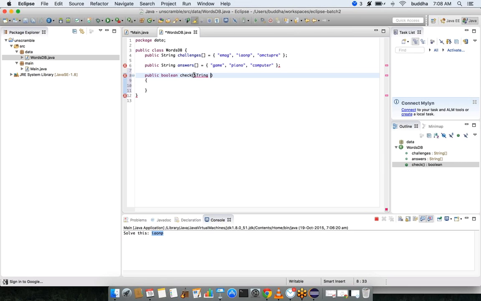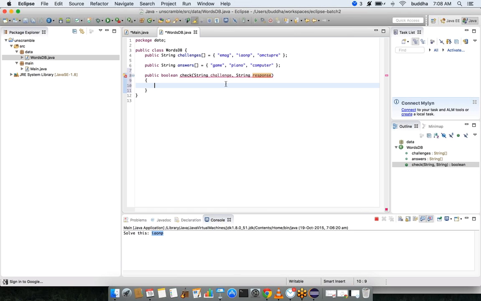One is challenge, another one is response. Now the string challenge should contain the challenge that we have given to the user, and the response is whatever response the user has given back.